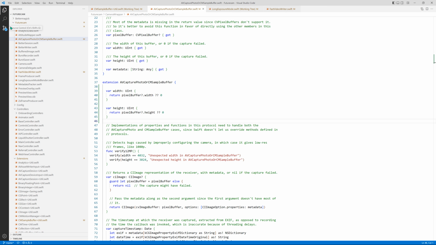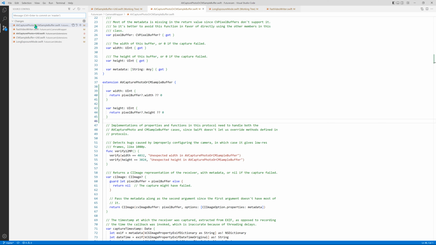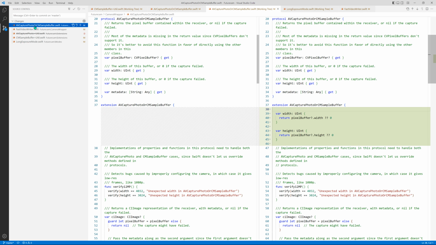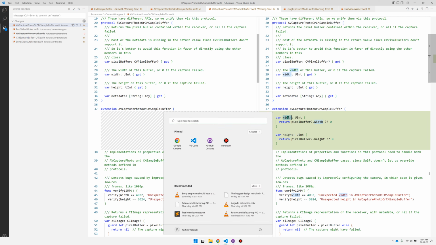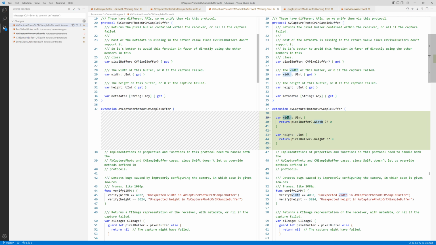So let's look at the diffs. We have put it in the extension itself, because if you have a protocol with two different classes that implement it and they have the same function, then it should be in the protocol. So basically, just to show what I said,